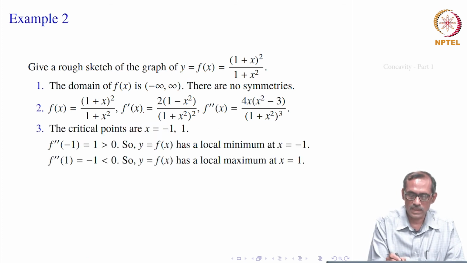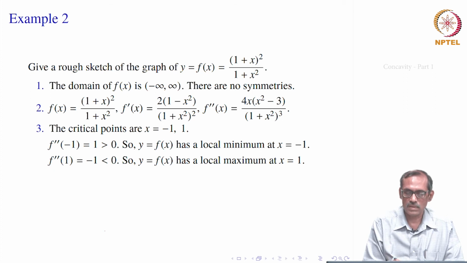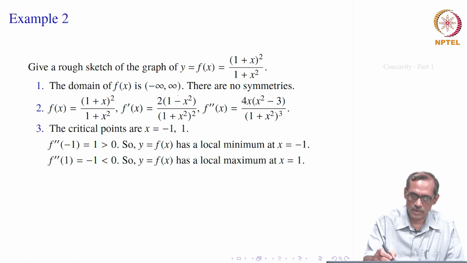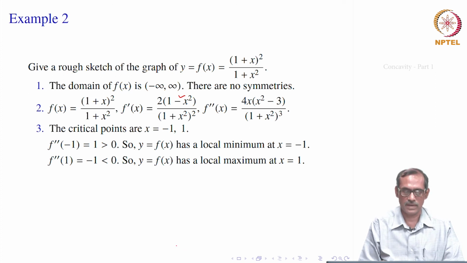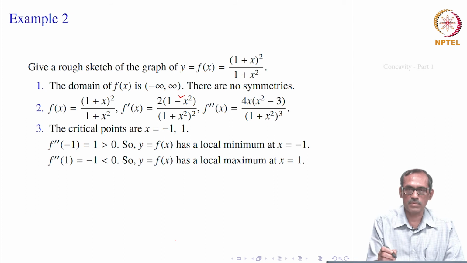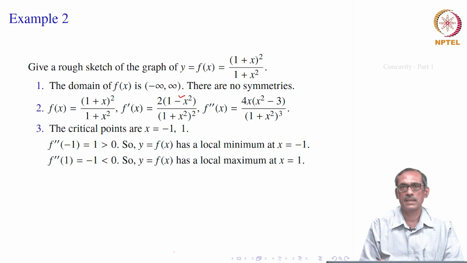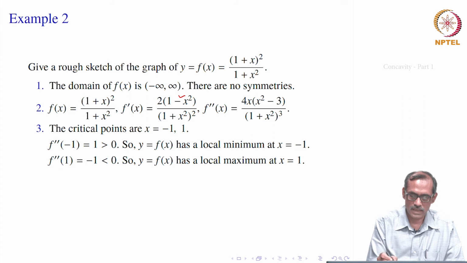Now, equating this f prime x equal to 0, it is differentiable everywhere. So, just equate it to 0 to get the critical points. So, the critical points will come from this numerator being 0, which is giving minus 1 and 1. These are the critical points. So, around these points we have to see there is a possibility of maxima, minima and so on. Since we already have the second derivative, we use the second derivative test for finding extreme points. So, let us look at x equal to minus 1, what about f double prime?